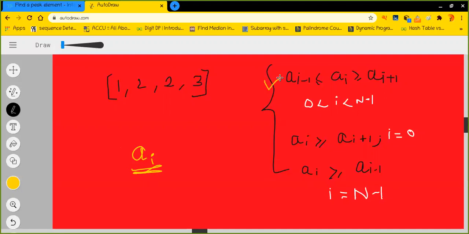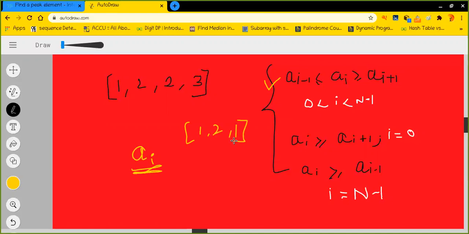Rule number one says that a of i should be greater than or equal to its left neighbor as well as its right neighbor. This is the left neighbor, a of i minus 1, and this is the right neighbor, a of i plus 1. Let us consider the array 1, 2, 1.